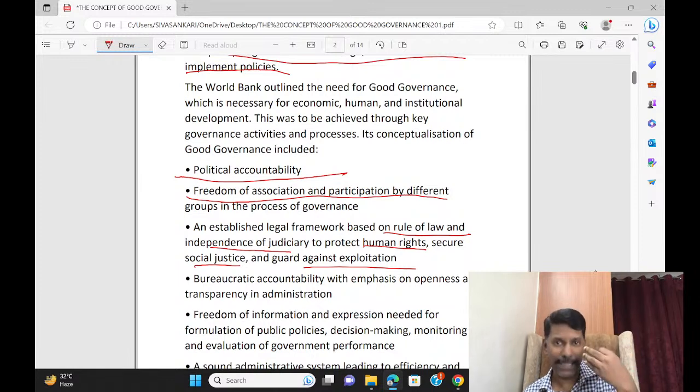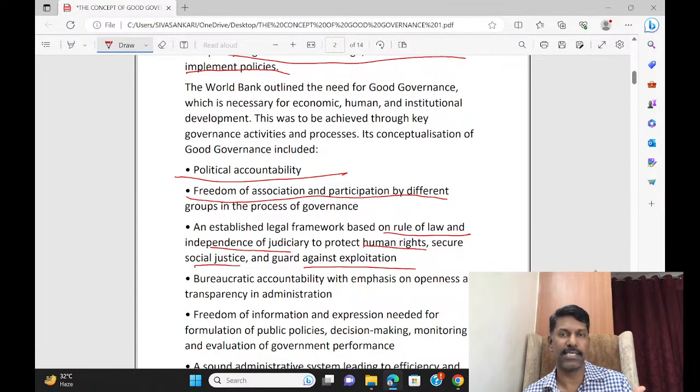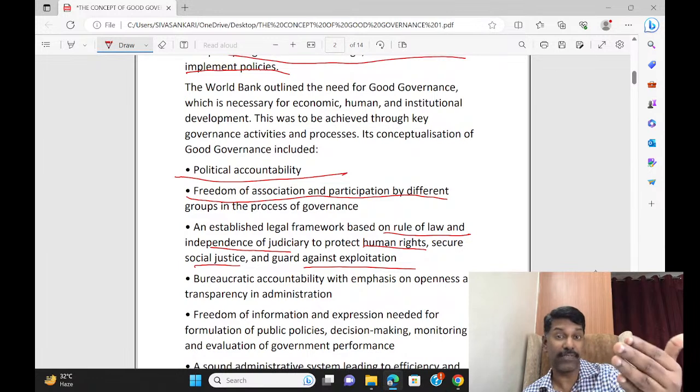So the rule of law is a basic idea which can interconnect with the existence of a constitution and the methods of constitutionalism. So this is another most important idea. If I want to bring good governance, there must be constitutionalism on the basis of rule of law, and the rule of law will strengthen the mechanism of protecting the human rights of every individual, with the alignment of judiciary, securing the process of social justice and against exploitation,